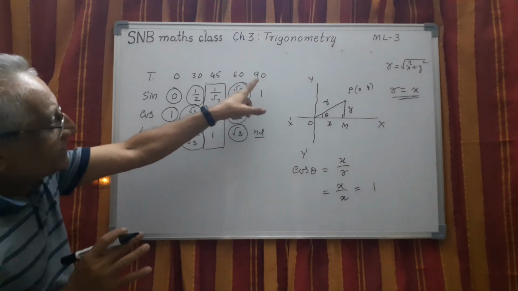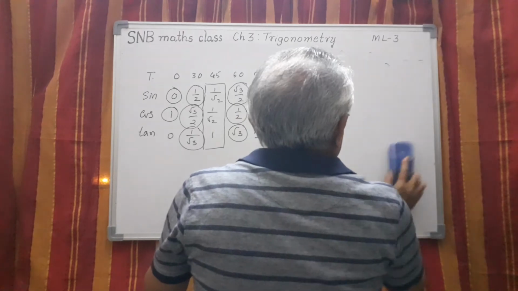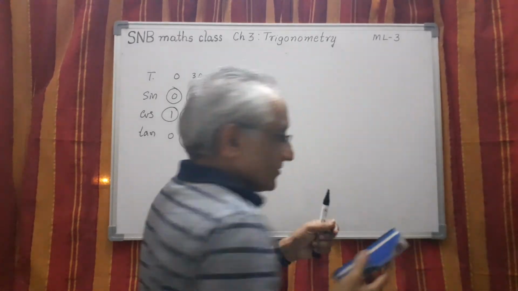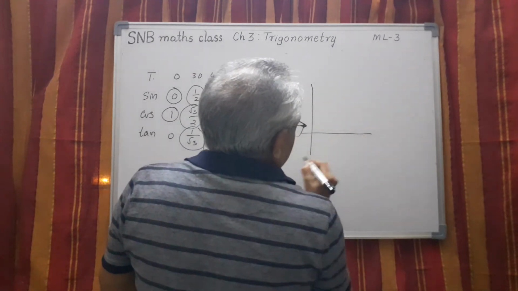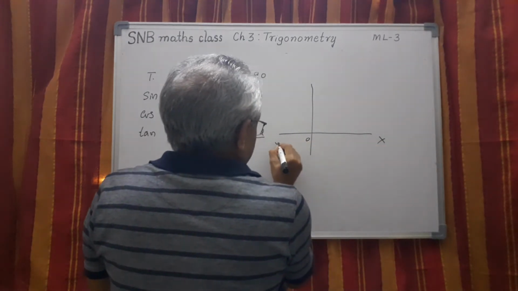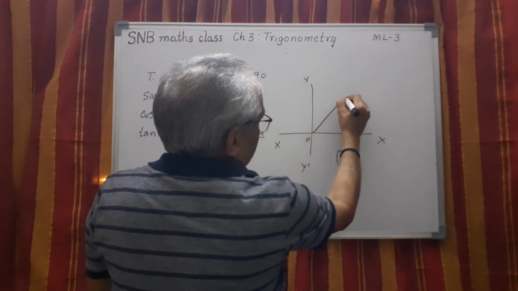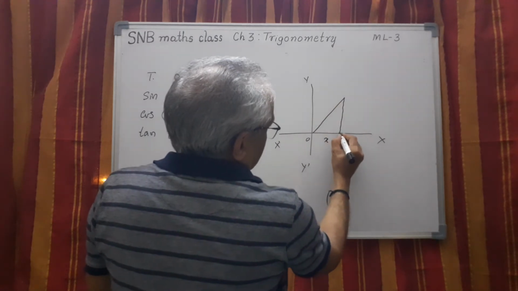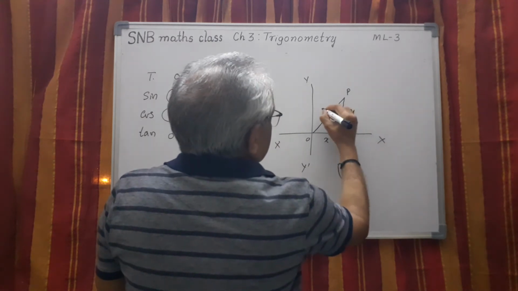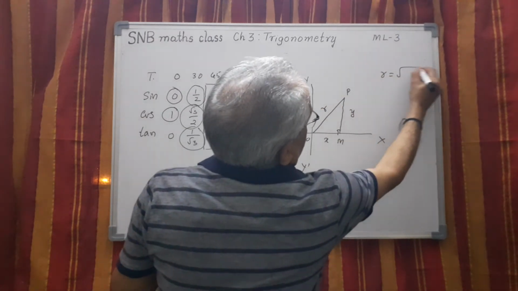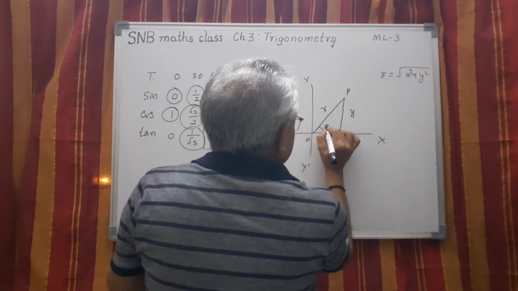Now, same way we can show the last result, that is sine 90 is 1, cos 90 is 0, etc. How to do it? Same method. See, O, x dash, then y dash. You take same thing. So this is x, this is M as before, this is P, and this is y. This is r, and r will be equal to square root of x square plus y square. Now what you have to do is, this is theta.